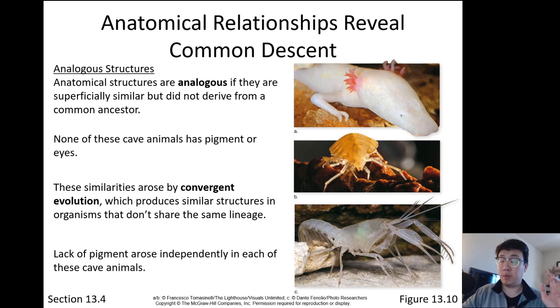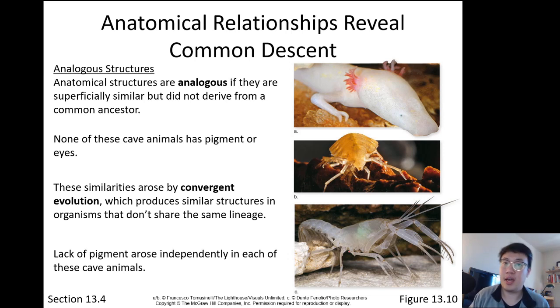Recent, okay? We might have been all derived from one common ancestor, but if we're looking at a tick versus a salamander versus a crustacean, there is no recent ancestor that we can see that they come from. It's not like a crawdad with a lobster. Those are very similar. This is nothing like that, but they all have the same adaptation: no eyes and pale skin.